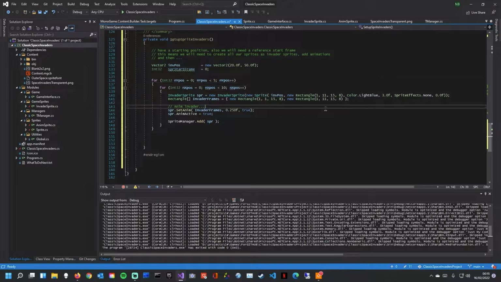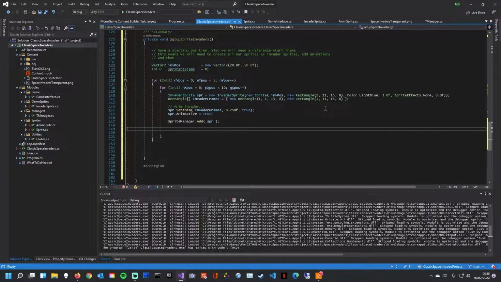So all right then, this is how we'll do it. So it looks quite neat. At the end here, we want to reposition our X position. So it's invader pos X equals, so we've got 20.f